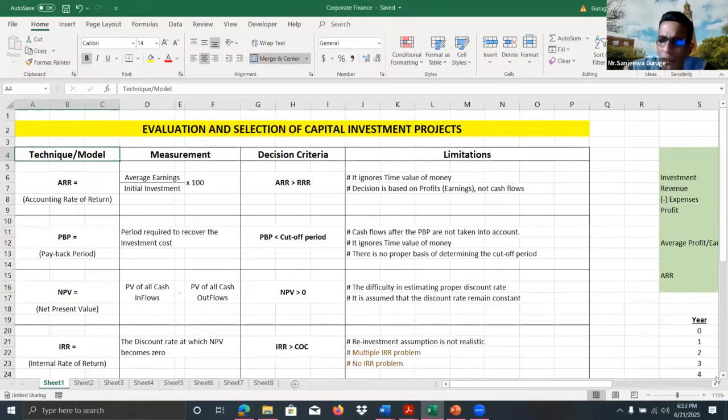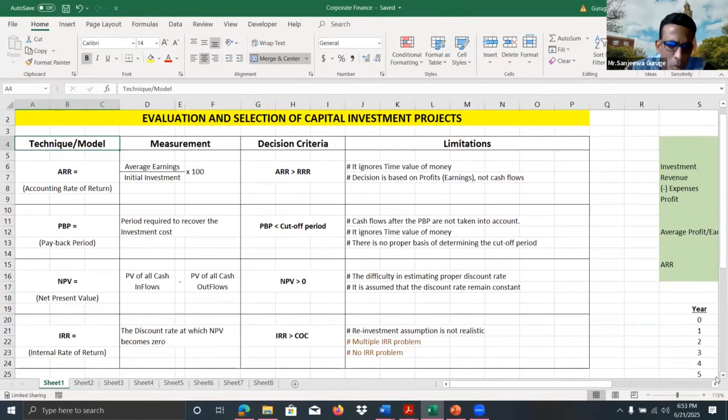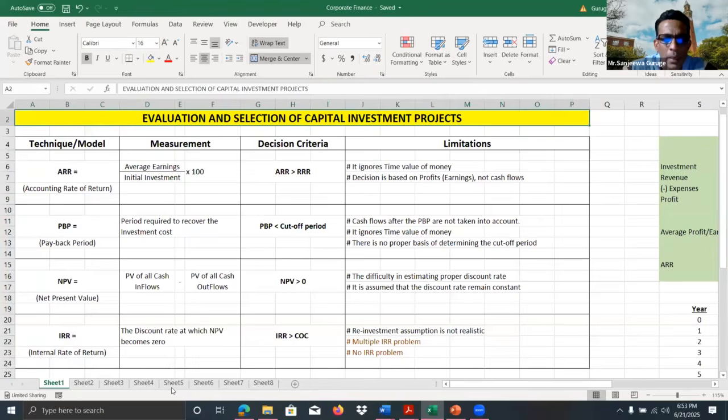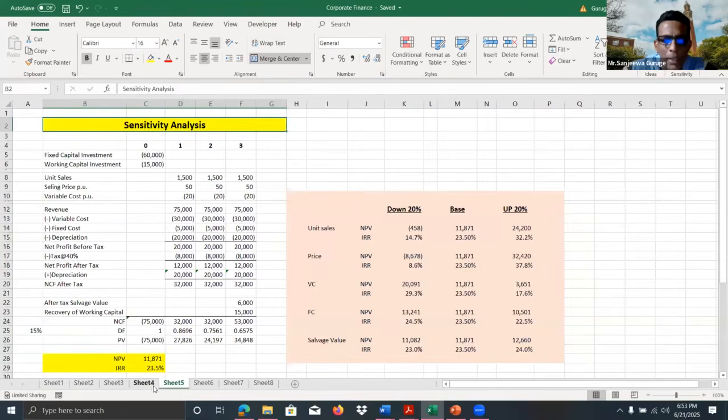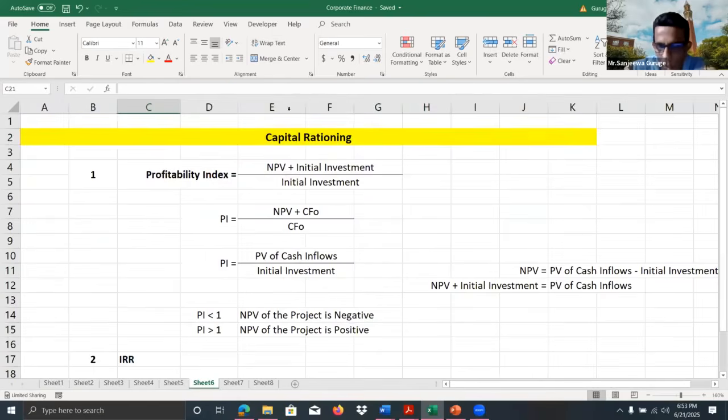So without spending too much time, here I have prepared a summary, which I'm sure you all know very well. In order to evaluate capital investment, these are the key techniques that can be used. But here I have not included the profitability index. Why? Profitability index is actually, rather than an evaluation technique, used in a capital rationing situation to rank the projects in order to compare them. So that is the correct method.